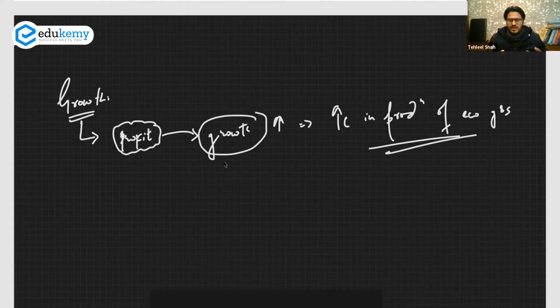Now, the second question is a very basic question: how can we increase the production of economic goods and services? We will get to the measurement of national income or the measurement of growth in the later part of the lecture. But now this is very important: what is required to increase the production of economic goods and services? For that, we have to study the four important factors.